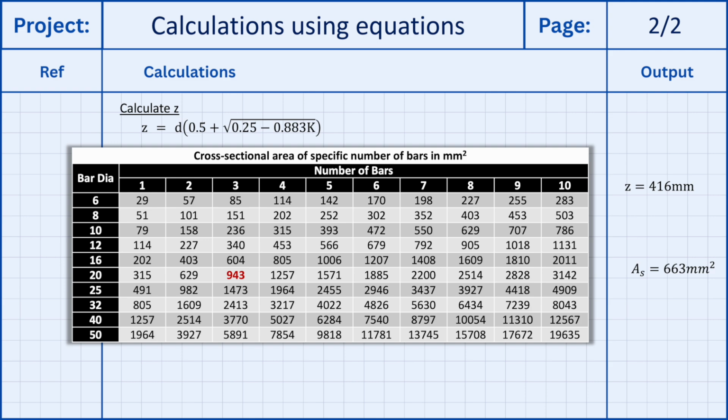The limitation of bar diameters to the manufactured ones results in a difficulty to provide an exact amount of reinforcing steel. Therefore, in practice, we always need to provide a larger amount or an equal amount of steel to what we've calculated. To provide 663 square millimeters of steel, we need to select appropriate diameter and number of bars. This table gives the area of steel for manufactured diameters and bar numbers. As you can see, there are a lot of options that we can provide. We could give 1 bar of 32 millimeters, 2 bars of 25, 3 bars of 20, 4 bars of 16,